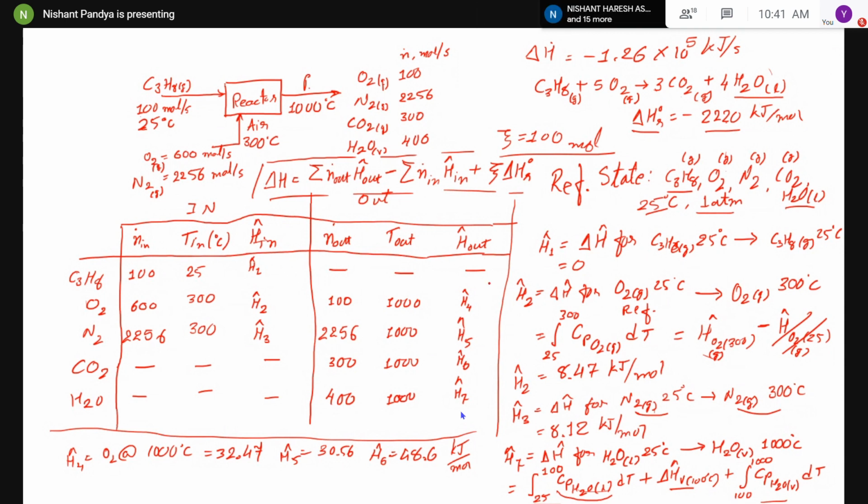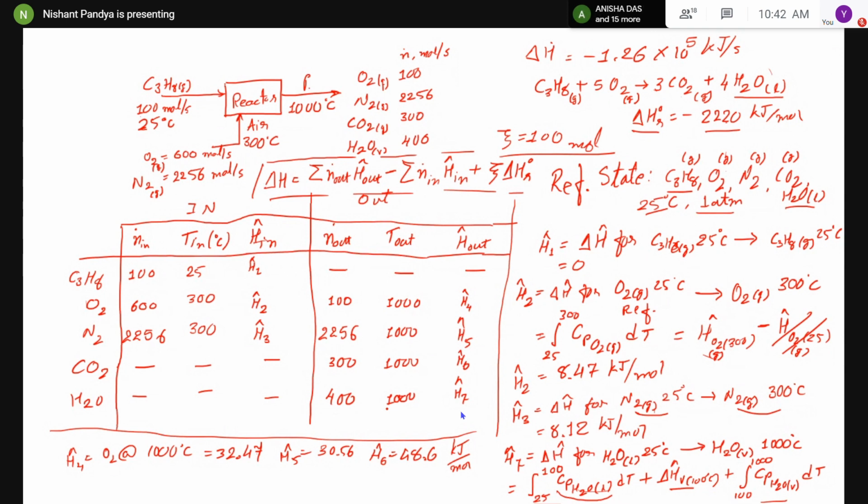Okay, now in case this delta HR is not available, is not accessible, or you don't know what the reaction is at all. For example, you have only this data: the temperature, pressure, and the flow rate, and the composition here. Flow rates are given and temperature is given. You don't have any other data. You don't know the reaction. You don't know the enthalpy of reaction. So for that purpose, there is another method,